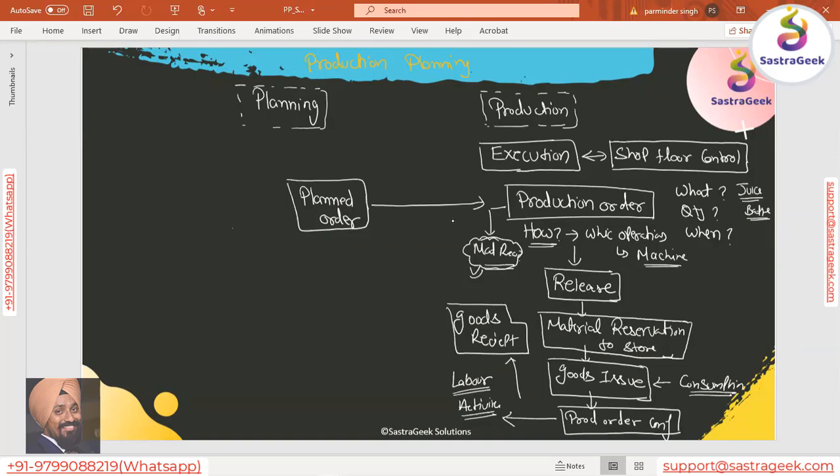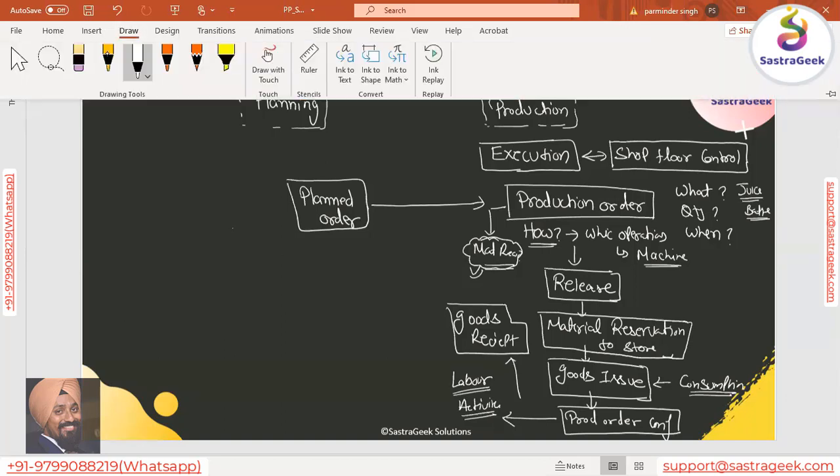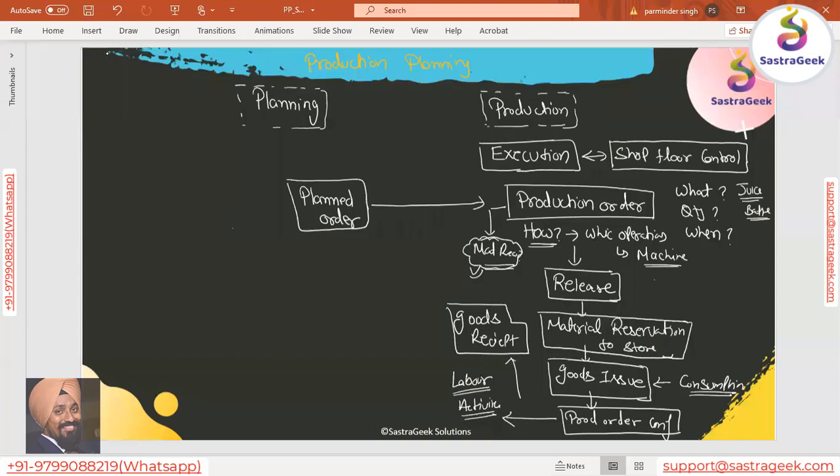And then there are some other processes which you need to do for your production order. You need to make sure that you close the production order. That is called technical completion, TECO. And then further it will be followed by your settlement. These would be the process flow which would be used, TECO and then settlement.